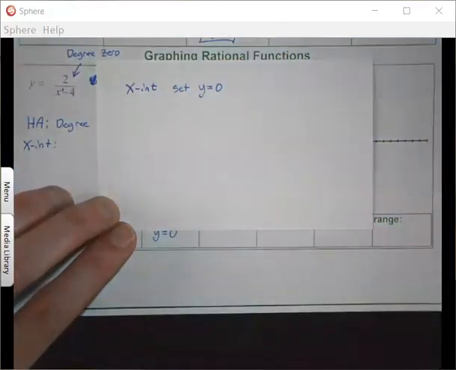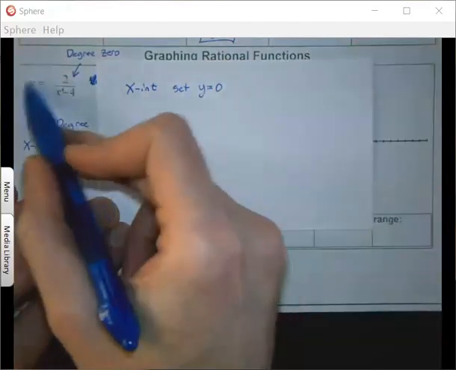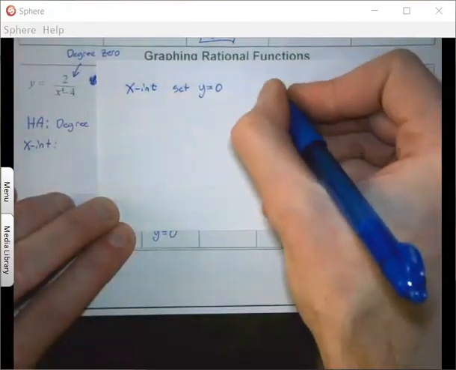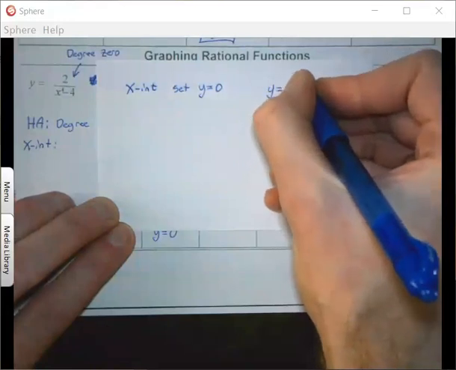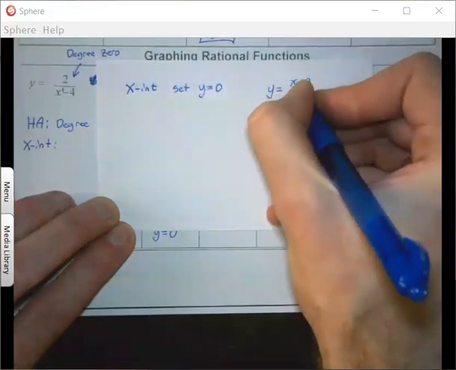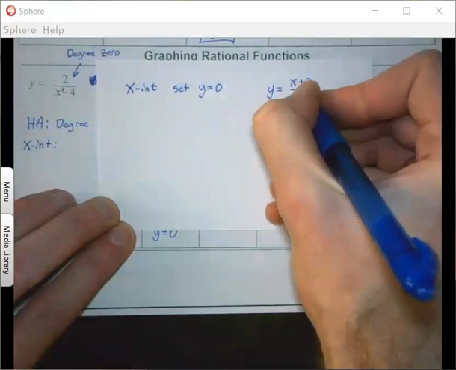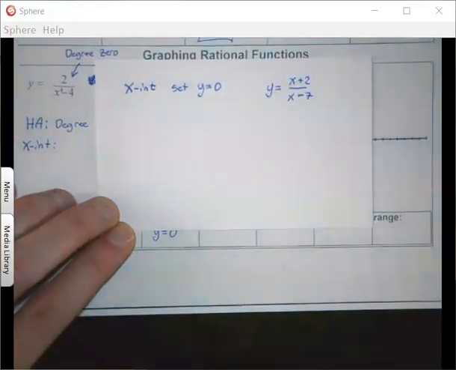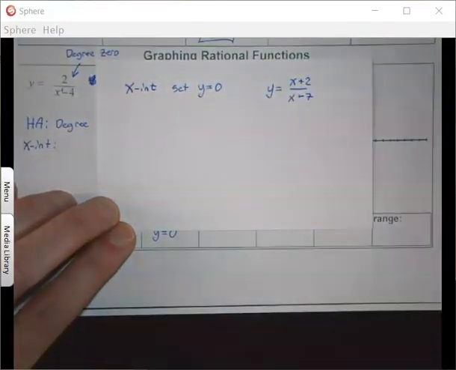Now, that will still work, but we can kind of cheat a little bit. So let's think about something, say, like y equals x plus 2 over x minus 7. Now we could set y equal to 0, solve for x,